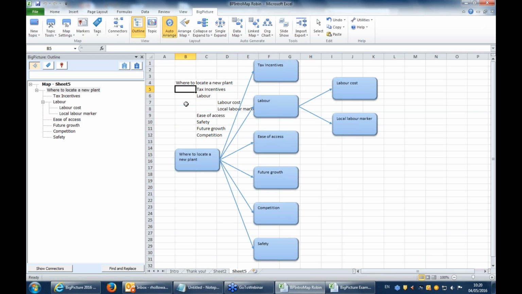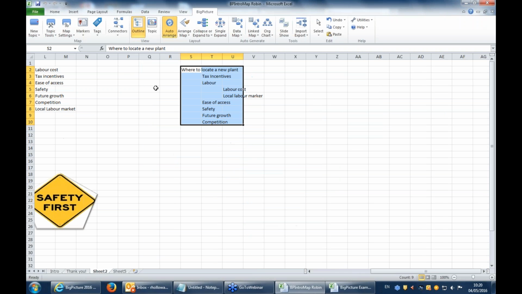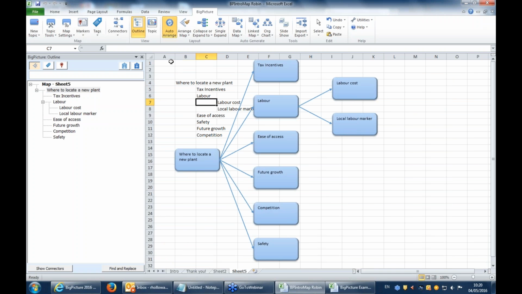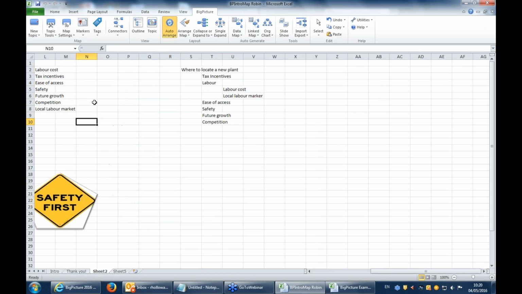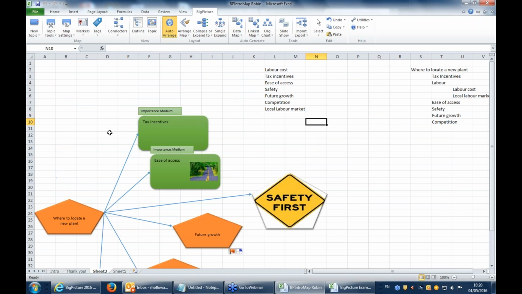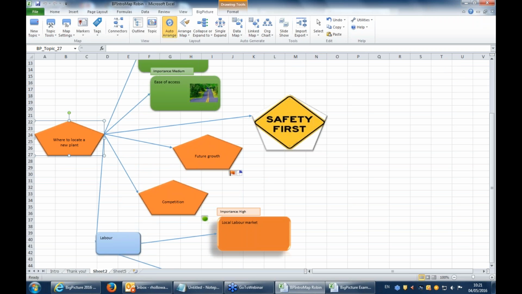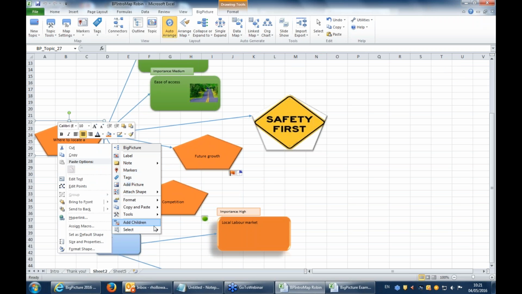If you're wondering why it was having a bit of an issue there, it's because we got a map open in the sheet already and it can interfere as well. So that's something to bear in mind if you're trying to add in separate maps. If you want to have two different maps in the same sheet, you can always do that, or even though these maps are essentially the same, you can right click on a topic